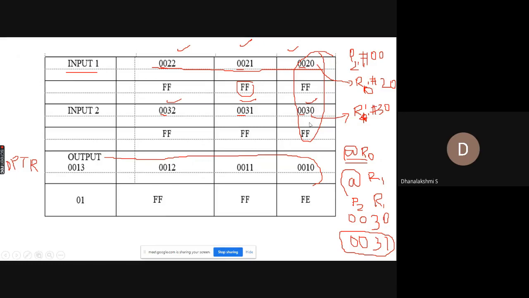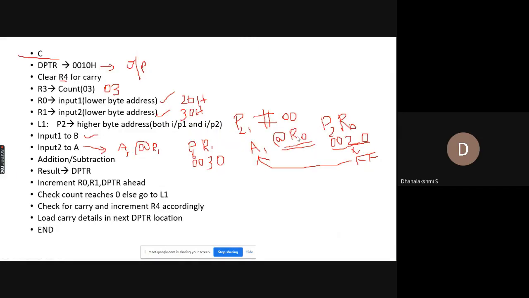It is going to have the initial 8 bits of your input 2, which is again FF. So this FF is moved to the accumulator. So B has the initial 8 bits of input 1, and A has the initial 8 bits of input 2. Okay, so next we are going to perform addition.